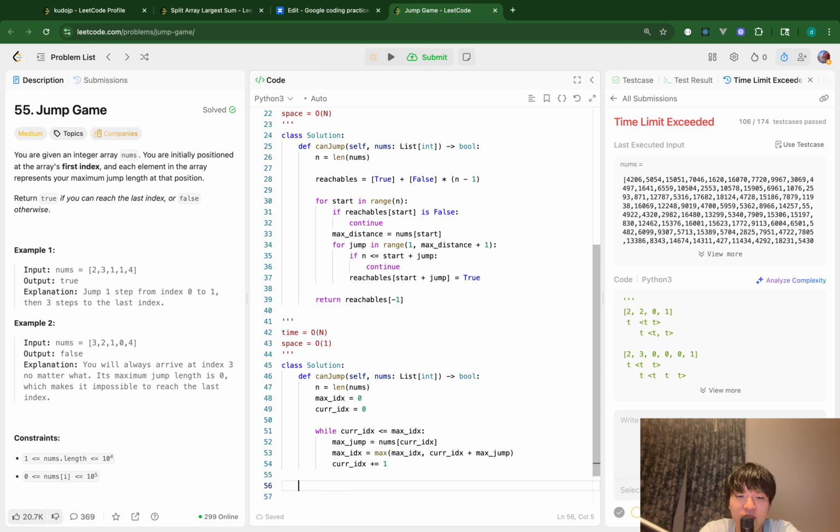Then what I should see is if max index is equal to this. Oh, I think what I can do here, also I have to do here, is that I have to make sure that current index doesn't go out of the list. This is what I should do. Okay. Or maybe I can do it in this way. So if